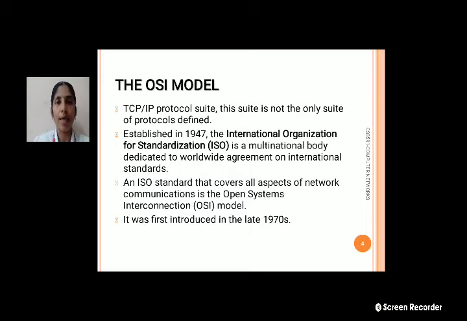That ISO does not cover the TCP/IP protocol suite, and it does not cover all aspects of protocols in networks. So to cover all the aspects of network communication, the ISO developed a model called the OSI model, the Open Systems Interconnection. It was first introduced in the 1970s.